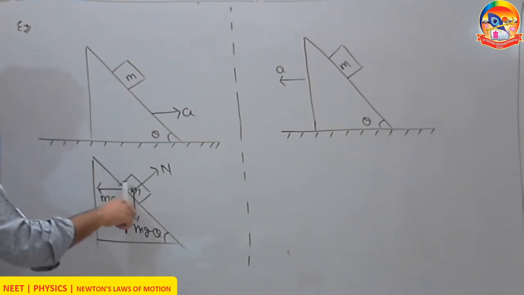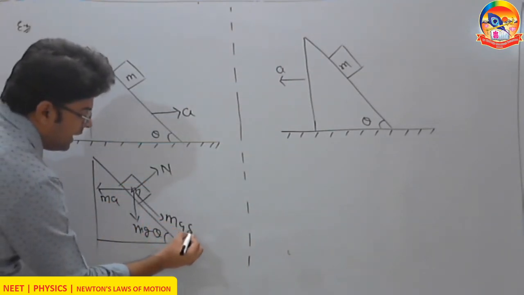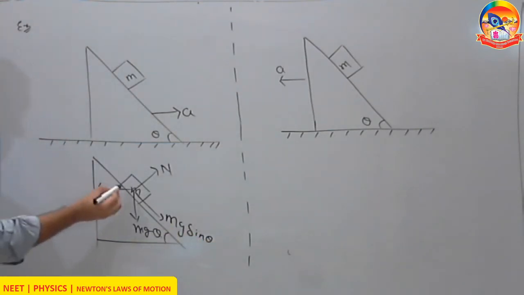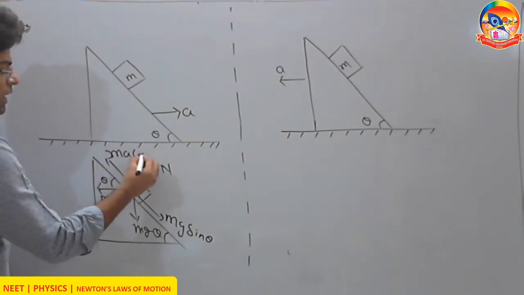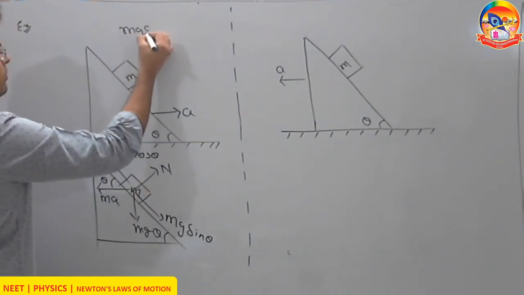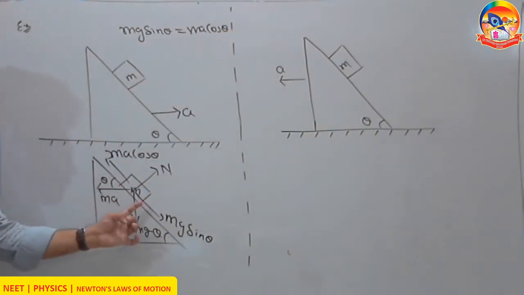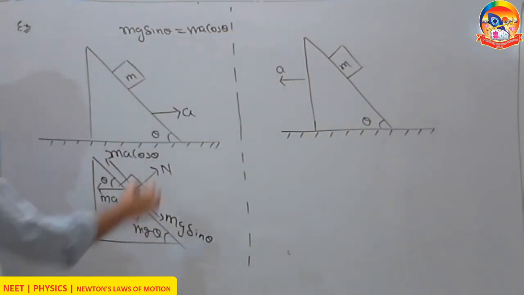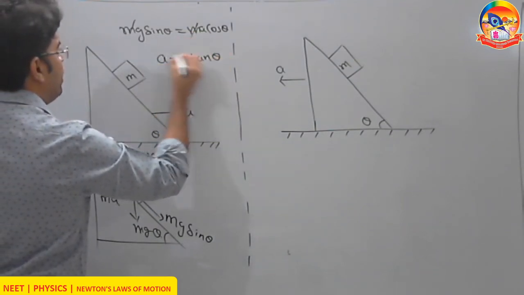Now see, what will be the component of force of gravity trying to pull it down? That will be equal to mg sin theta. And the component of this pseudo force, if this angle is theta, this is also theta, will be ma cos theta. So if the net force is 0, then ma cos theta equals mg sin theta. Since the net force is 0 in the frame of the incline, the mass is at rest. Cancelling m on both sides, you get acceleration equal to g tan theta.